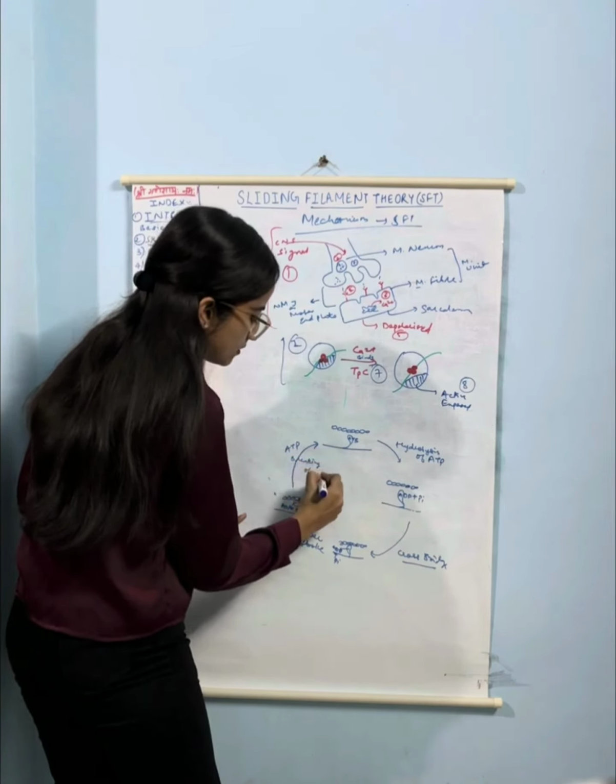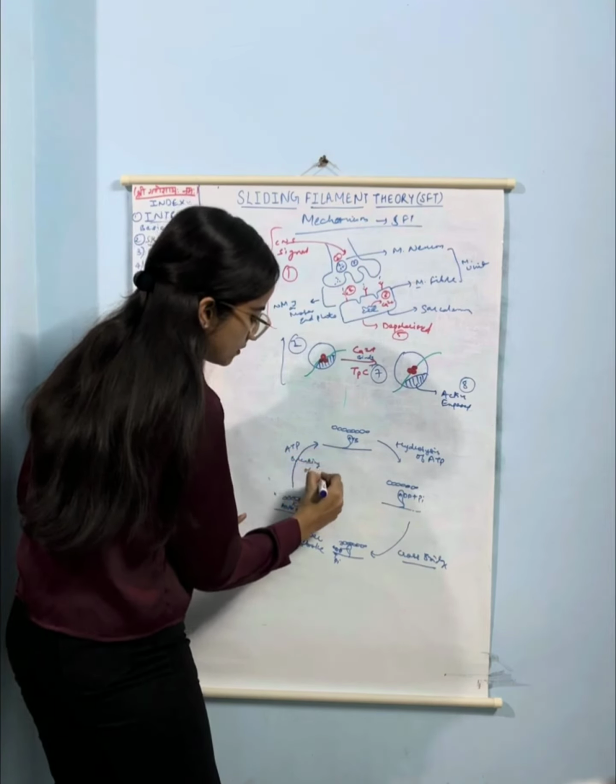So I would like to start this from here: there is binding of an ATP molecule to this myosin head. It has ATPase activity, so there was hydrolysis of this ATP molecule, and it got split into ADP and Pi molecule. This myosin head utilizes the energy released during hydrolysis and makes a cross bridge with the actin. So there is a cross bridge formation. Now ADP and Pi molecule get removed from this myosin head, and this myosin head experiences a power stroke, because of which there is a rotation in its head, and also it resulted in the sliding of the thin filament towards the center of the sarcomere or towards the M line, and it resulted in the contraction of the muscle, and the process will continue. And again an ATP molecule will bind to this myosin head, and the process will continue.